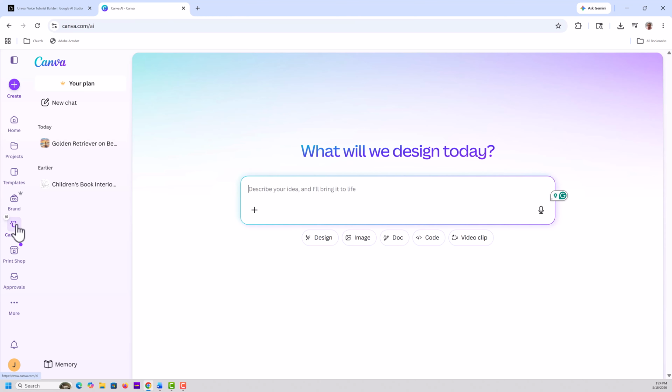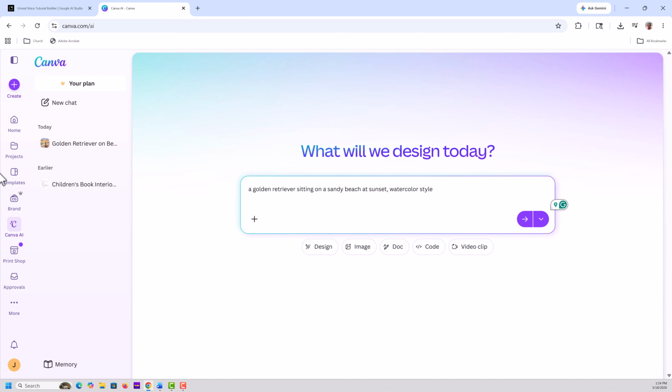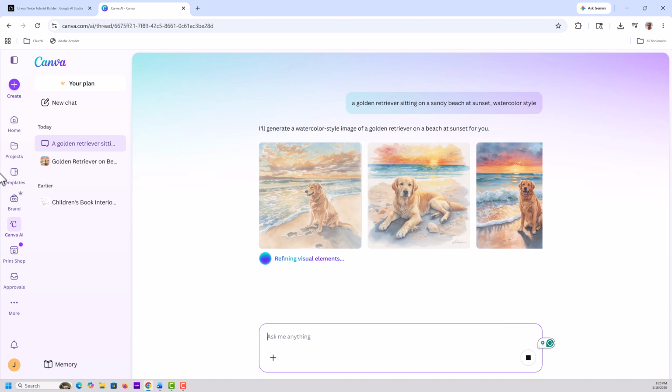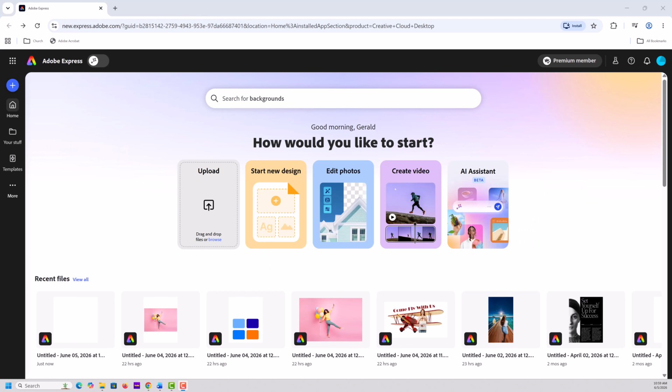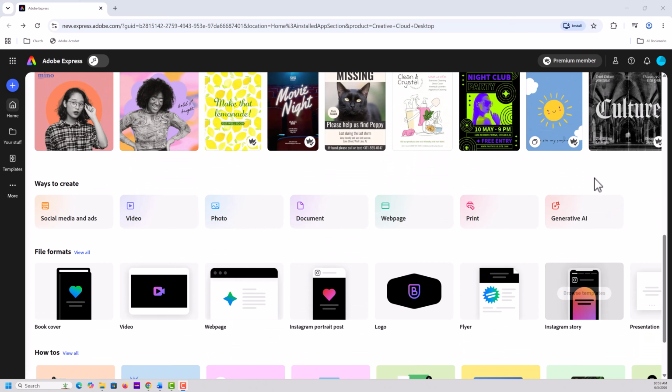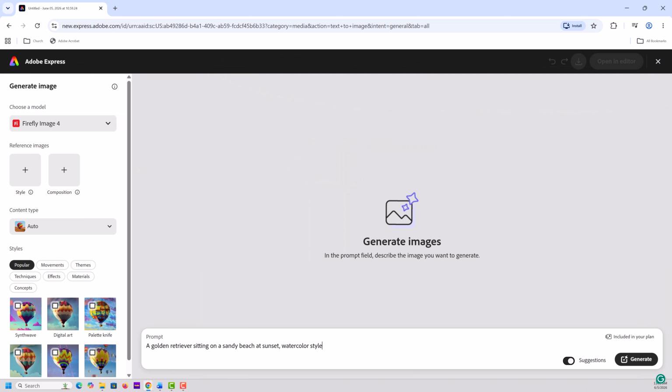Feature number 5, AI Image Generator. And this is where things get really interesting. Canva uses Magic Media. You type a prompt, it generates an image. It works, but the quality is hit or miss, especially for realistic images. Adobe Express uses Adobe Firefly, and Firefly is built on Adobe's own image library. That means the training data is commercially safe, no copyright worries, and the image quality is noticeably better, especially for